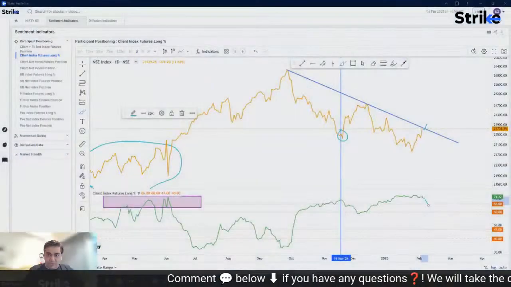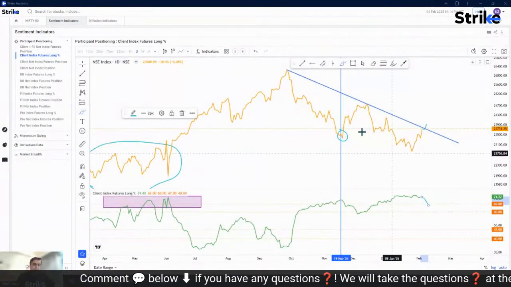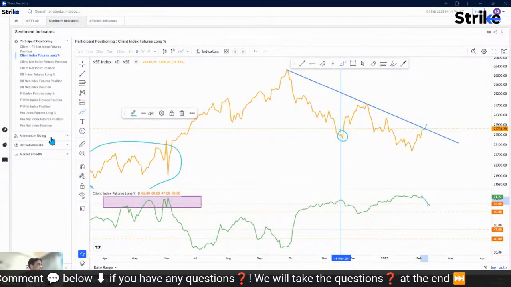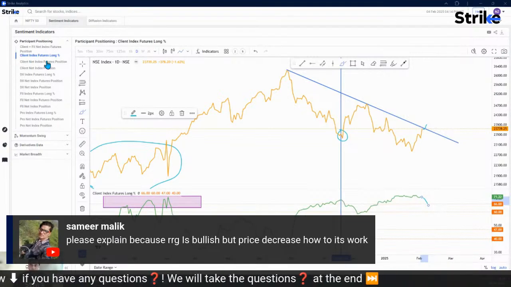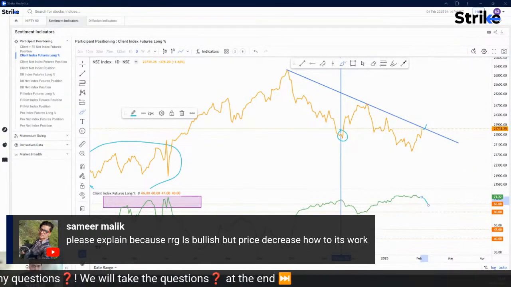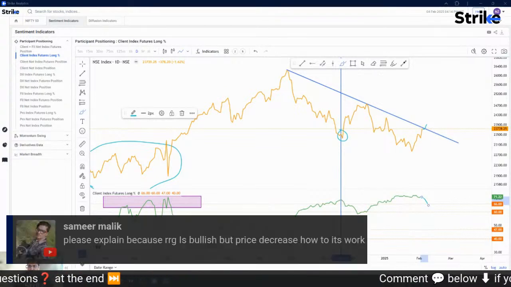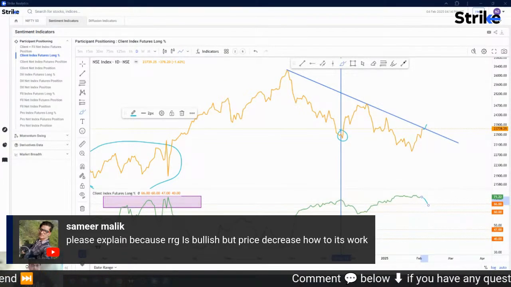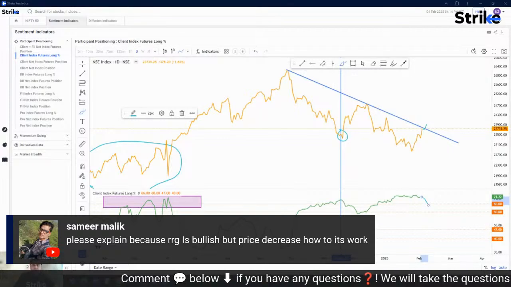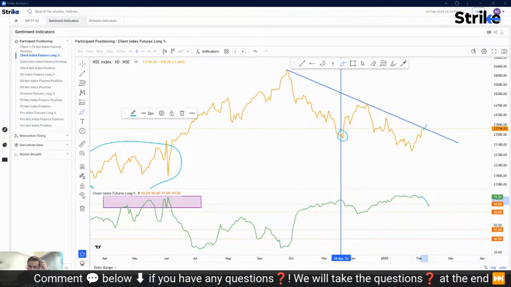Okay, so let's get back to this particular screen. For those who are not using it, what was the question? Please explain. Because RRG is bullish, but price decreases. How does it work? So in RRG,